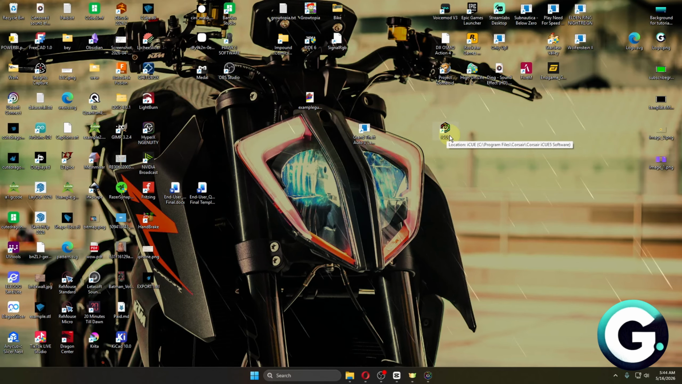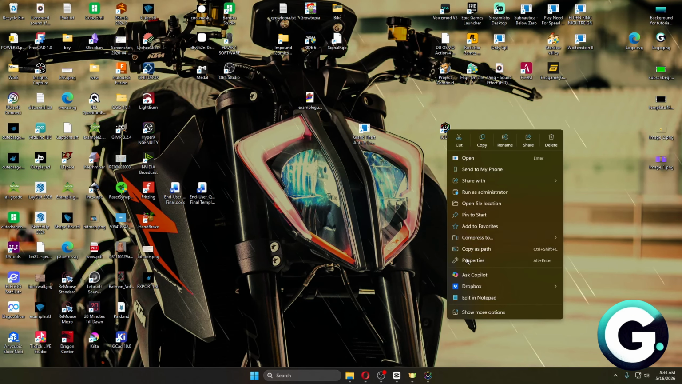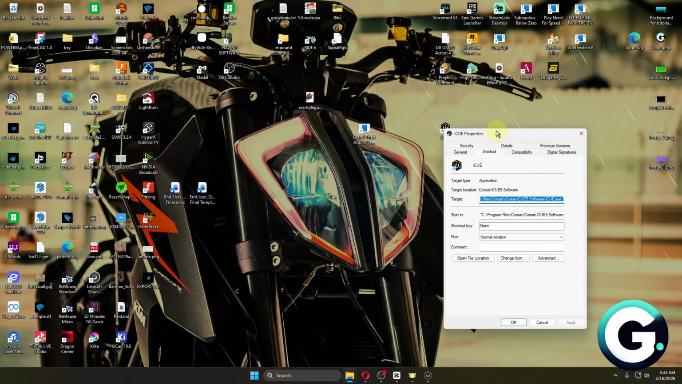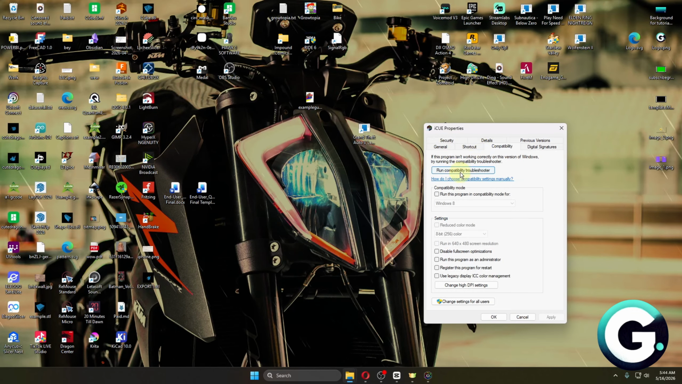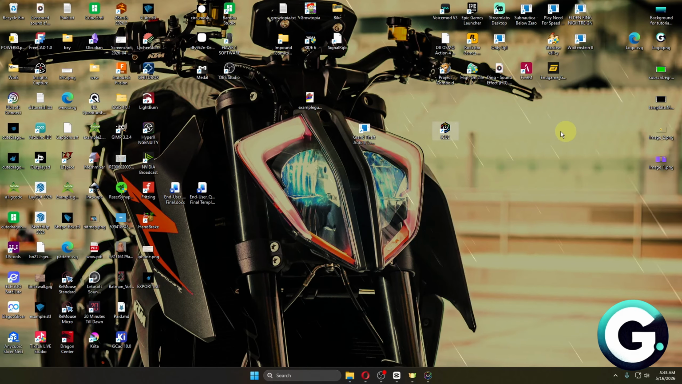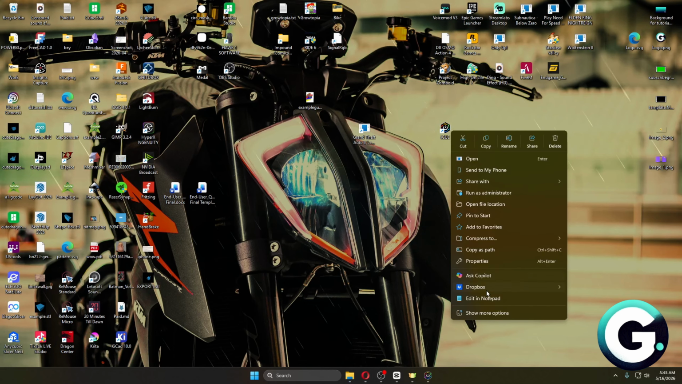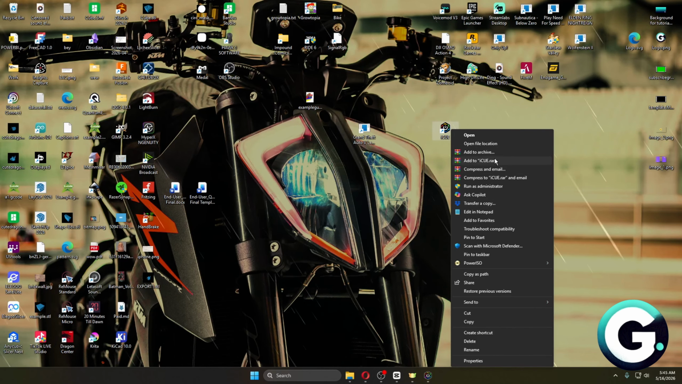So you want to look for the iCUE logo, right click on it, and then click on properties. Inside this page, you just want to make sure to first launch the software in administrator mode. So right click on it, click show more options, and just click on run as administrator, which is going to be this one. Now what this means is that the application will have some additional access that will sometimes allow it to run